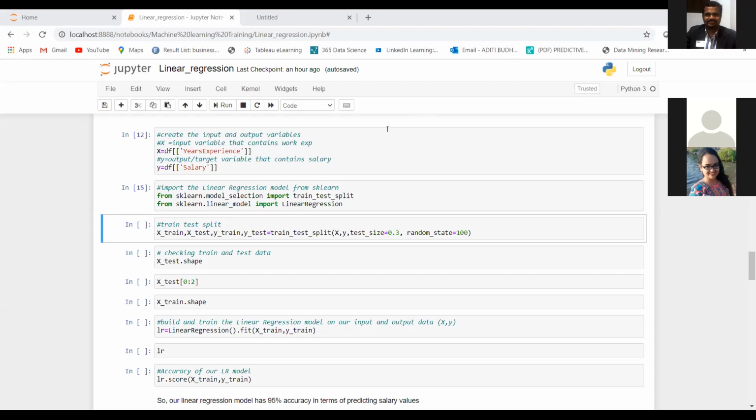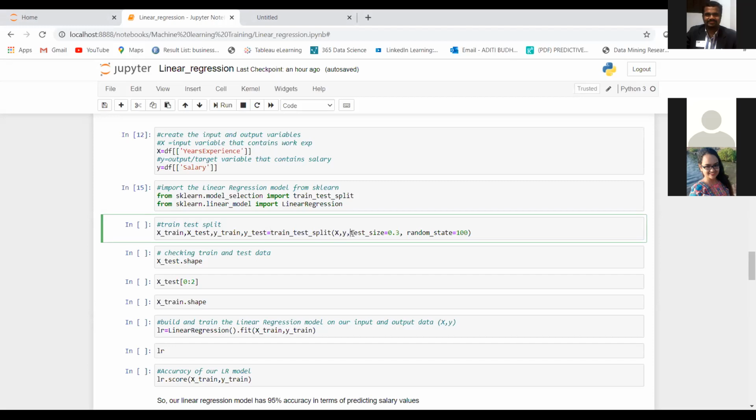Okay, so let's move forward. This is the function that we will be using in order to divide our data into training and testing data set, right? Here you will see we have to provide our input variable data set, then the output variable.